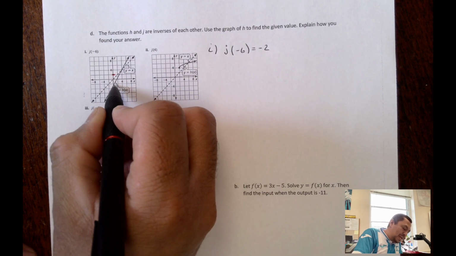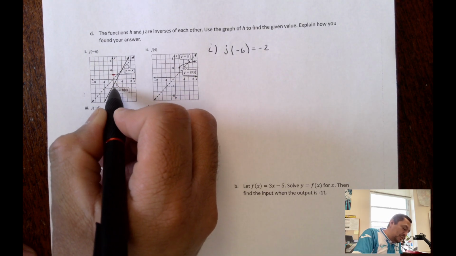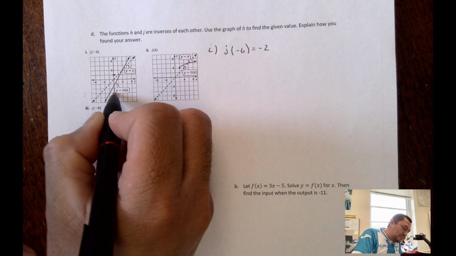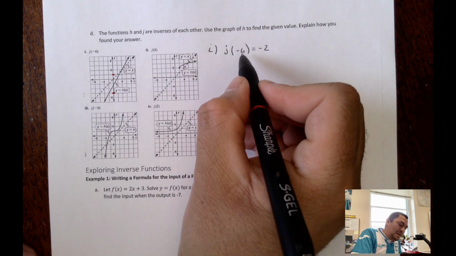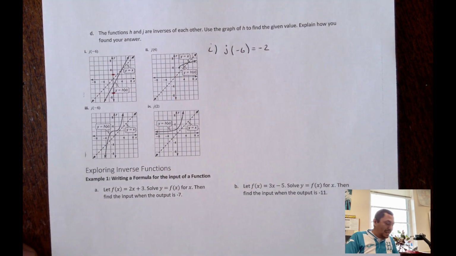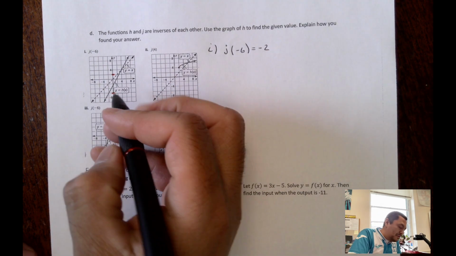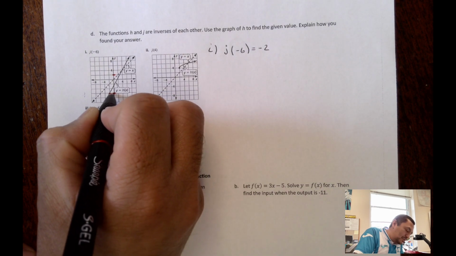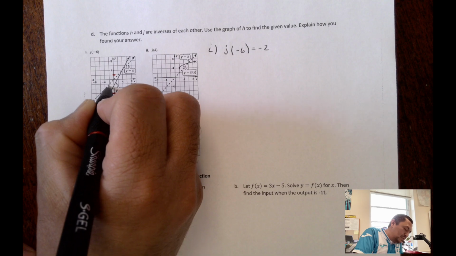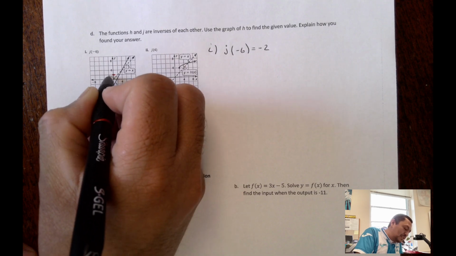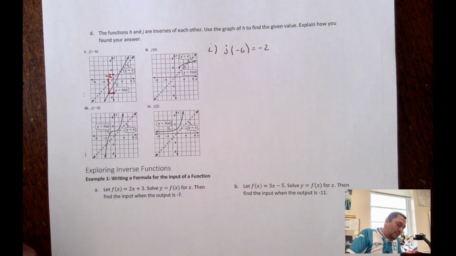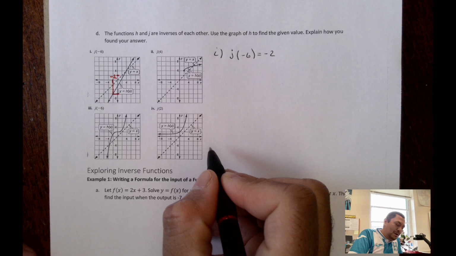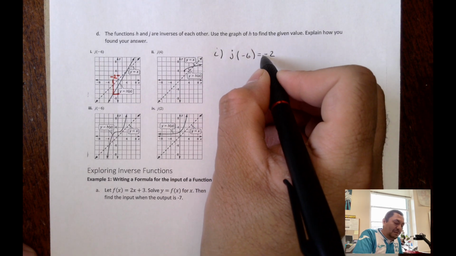So here on the negative side is -2, -4, -6, right here. And then I'm going to reflect it on my graph. In this case, it hits the graph and then goes to the x-axis. So in this case it is -2. That's why I determine that j of -6 equals